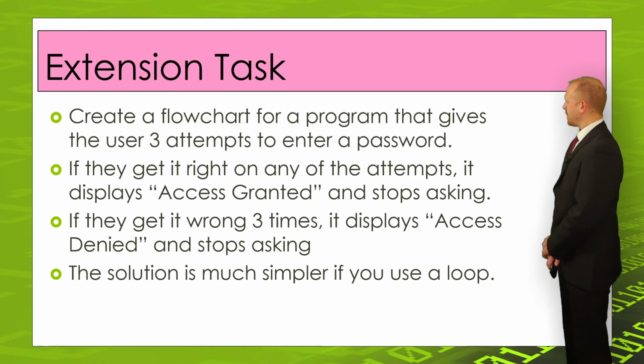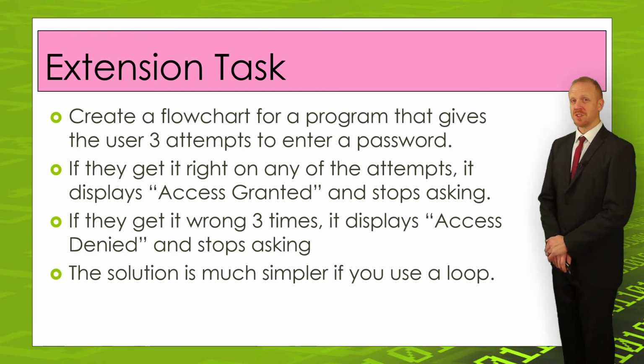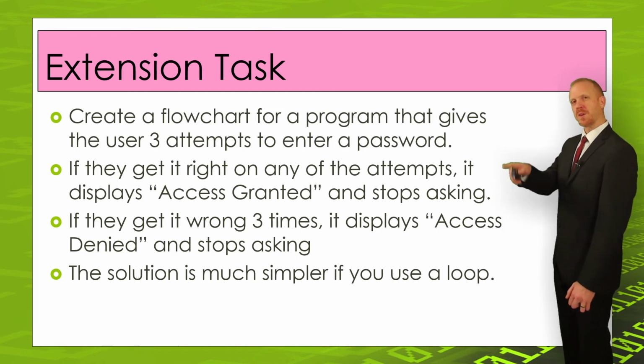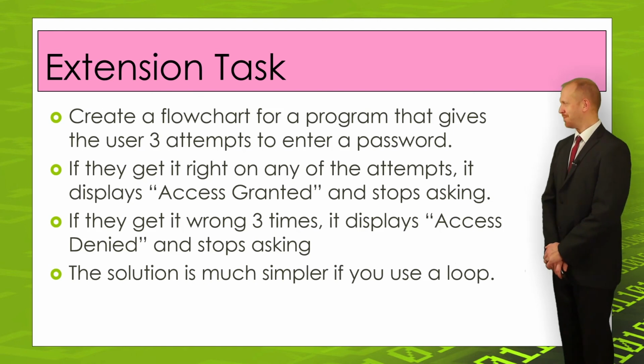If they get it right on any of the attempts, it displays access granted and stops asking. If they get it wrong 3 times, access denied is displayed and it stops asking. Now the solution is much simpler if you use a loop, if you have an arrow that goes back to higher up in it again. Okay, so do the quiz, do that if you can,